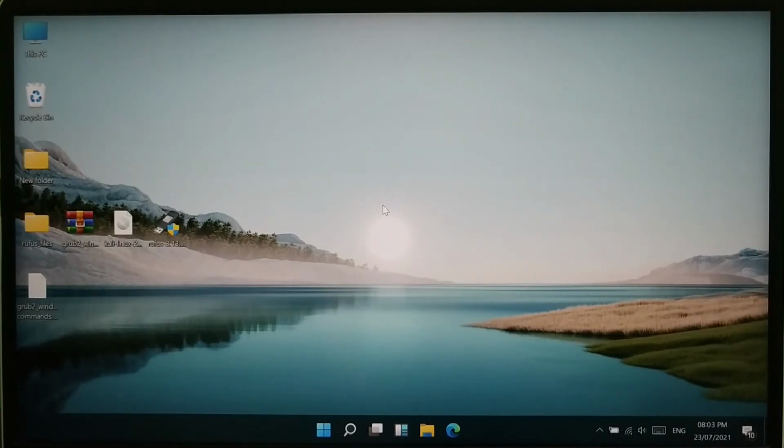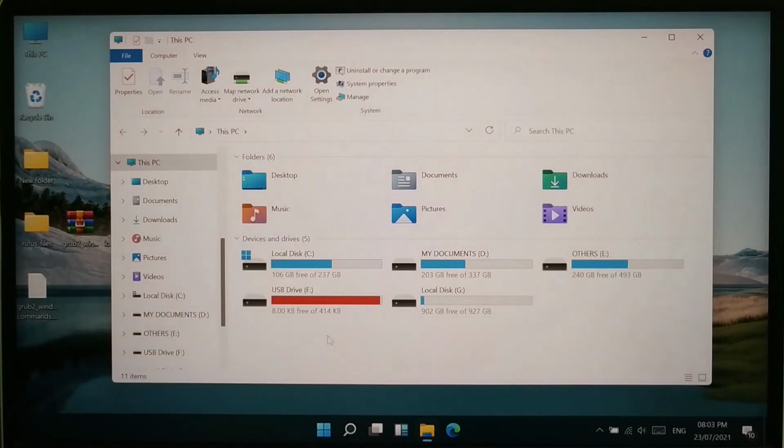To check whether it is happening or not, I will first open my file explorer. Now you can see that I have my USB installer and the hard drive. You might be wondering that in spite of converting it into the ext4 journaling file system, which is not compatible with Windows, it is being read by Windows Explorer. It is not being read by default. Actually, I have a software, the Paragon Linux file system reader, which will be required soon. We don't require the USB installer anymore, so I will just remove it.